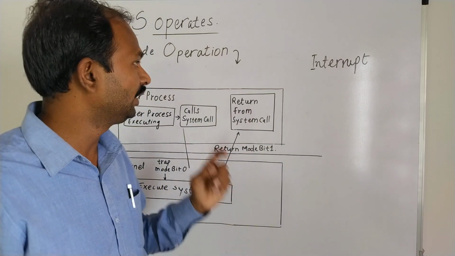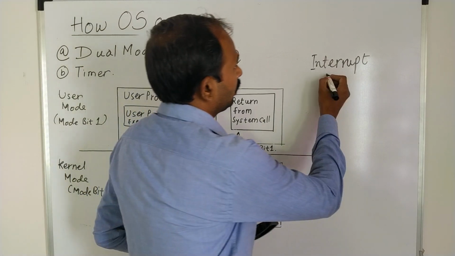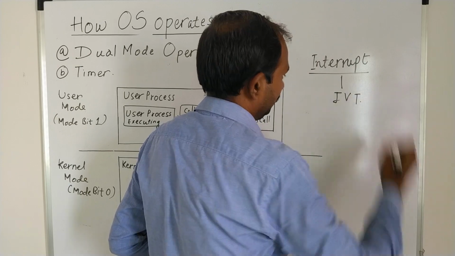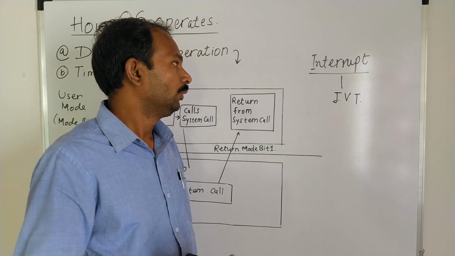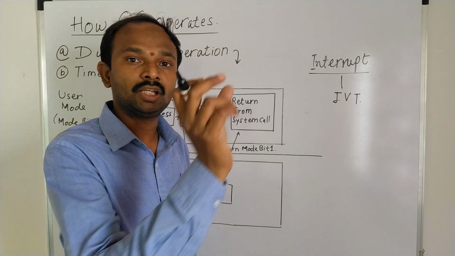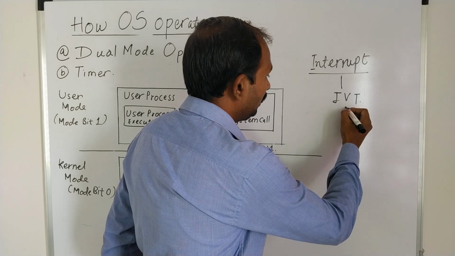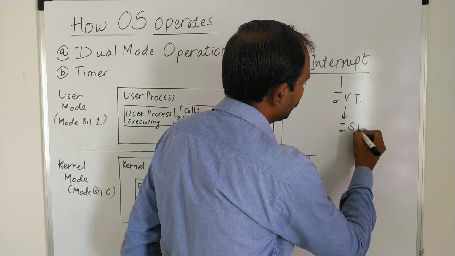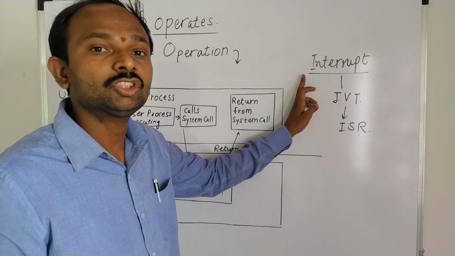Now what happens when an interrupt is generated in an operating system? The call is given to the interrupt vector table, which is a table that defines a variety of interrupts. Whatever interrupt is called, that particular interrupt is selected from the interrupt vector table. Then the control is given to the interrupt service routine, which is actually a program that is executed when an interrupt occurs.